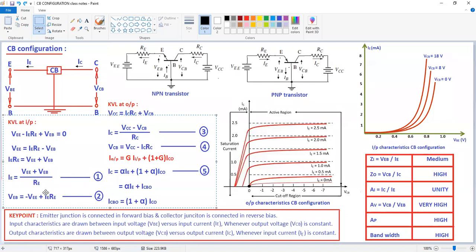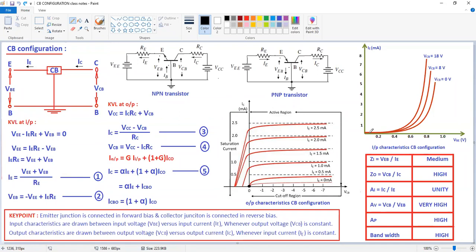Okay, input current, input voltage, output current, output voltage, and here output current in terms of reverse saturation current. Okay, now I'm going to explain the input characteristics for your common base configuration. Now here, if you observe here,